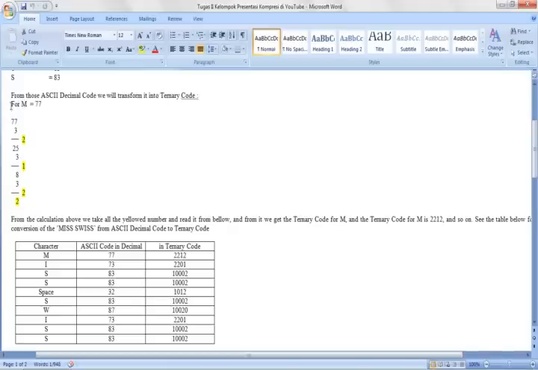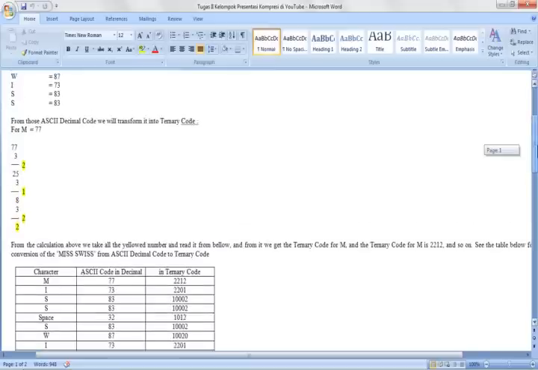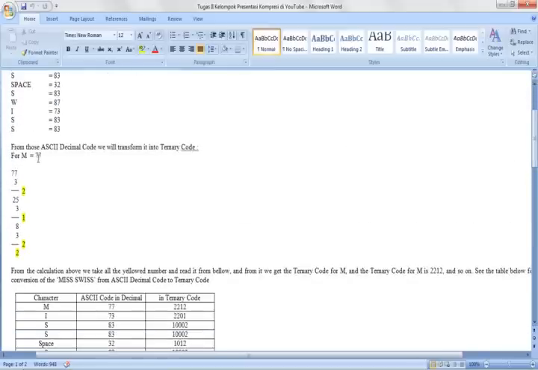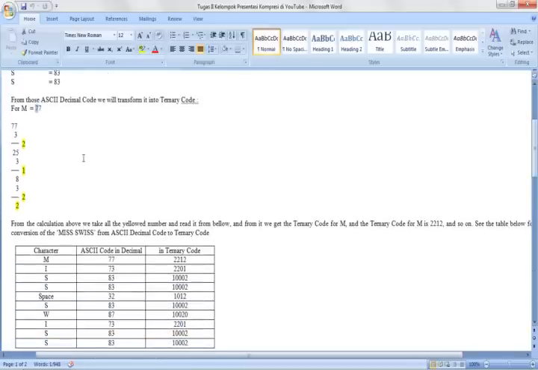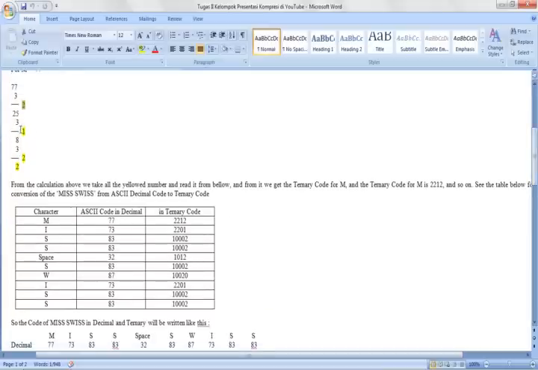Here, for example, we use M, which has 77 as the decimal value. From 77 we divide by 3 and get 25 as the quotient and 2 as the remainder.